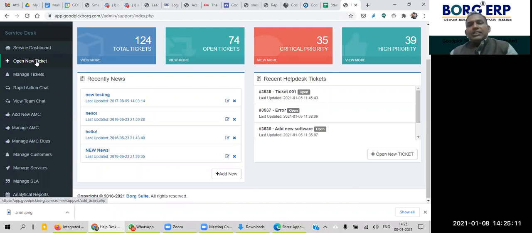If a system is there, then definitely every team member is bound to follow it, and the management, supervisor, or manager, based on the hierarchy of the organization, can track and observe whether their team is serving their customers up to the mark, and whether customers are getting satisfied or not.